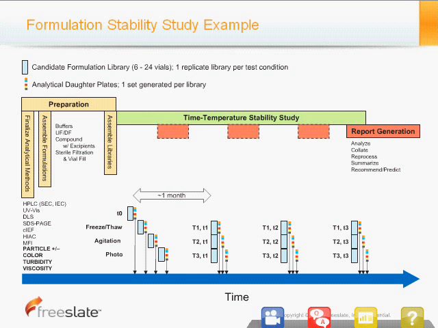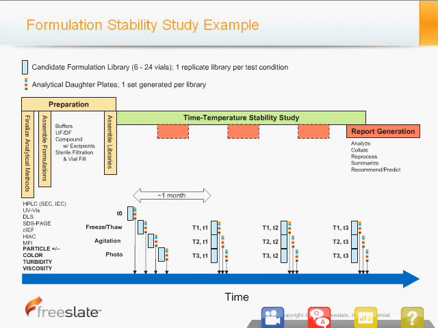Again, this type of workflow usually isn't material limited. You have much more material, so now rather than a large array of different formulations, you tend to have what we call libraries of smaller numbers, so maybe 6 to 24 different formulations. But you have larger volumes that you then daughter out into replicates